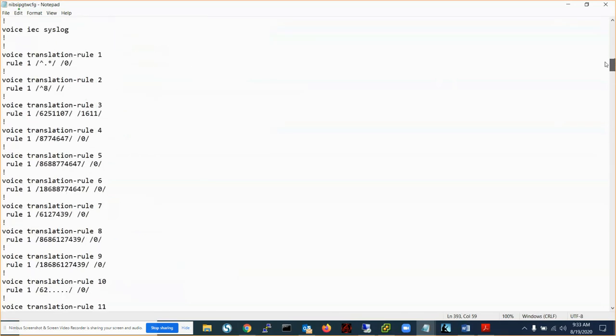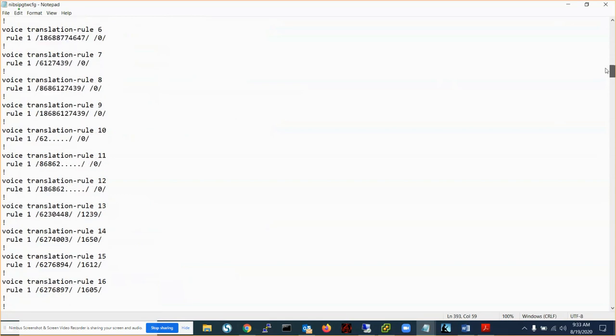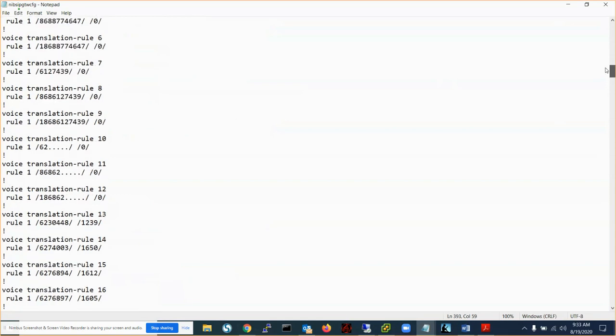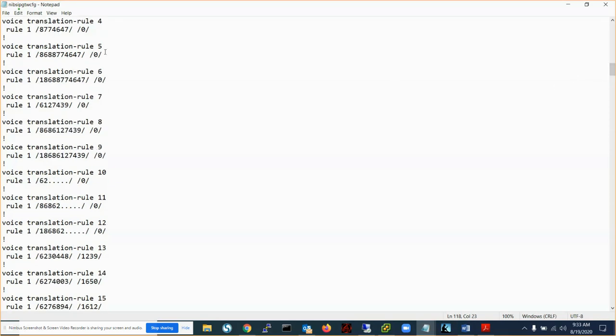Let me see for Flow 877. So it's like this here. You remember this translation is rule 5. So translation rule 5 tells the system once you see this number coming in, translate it to 0, right? But you had to take note of your translation rule number. So that is 5. And then you create a profile,